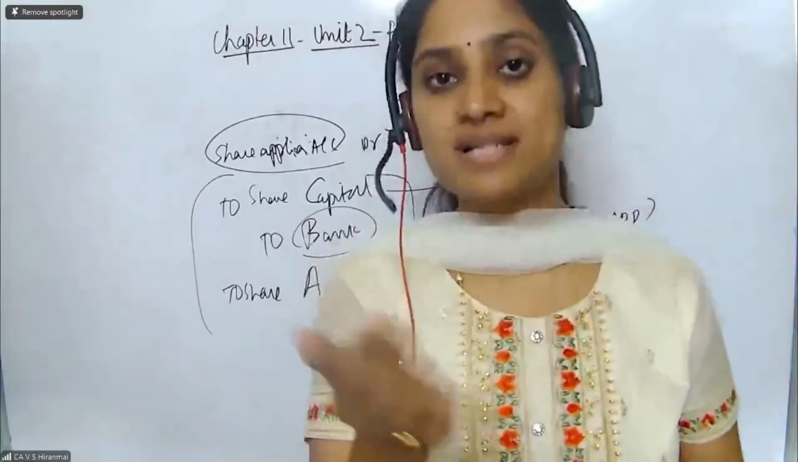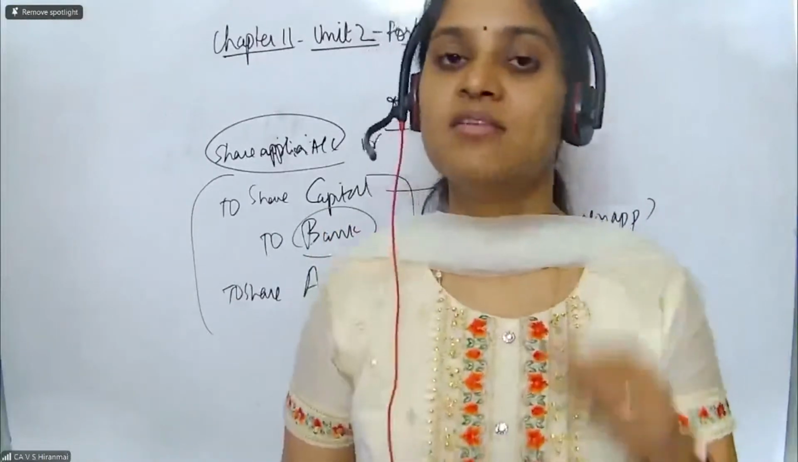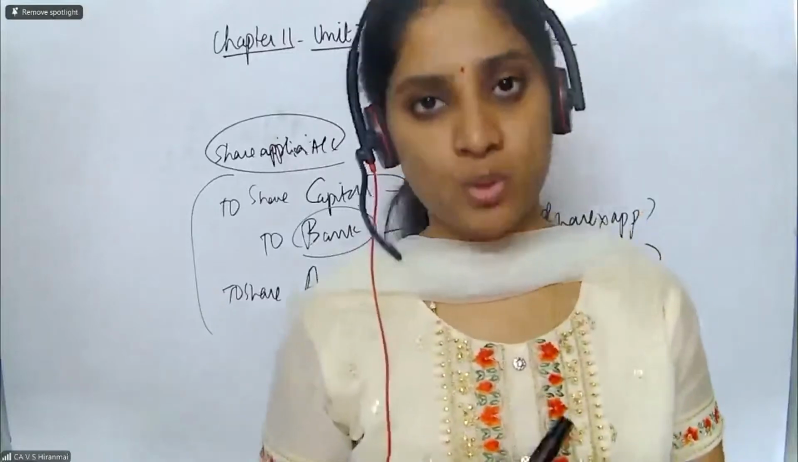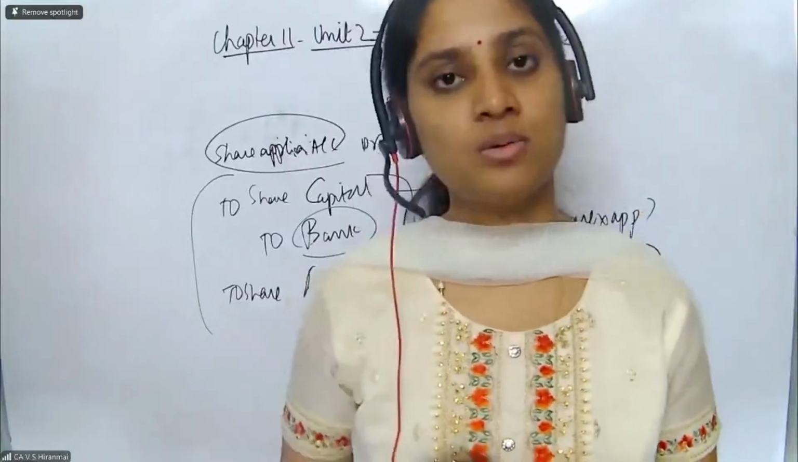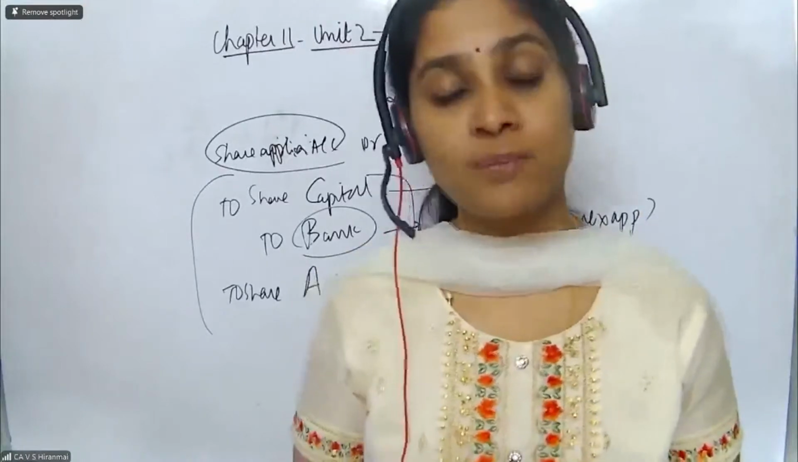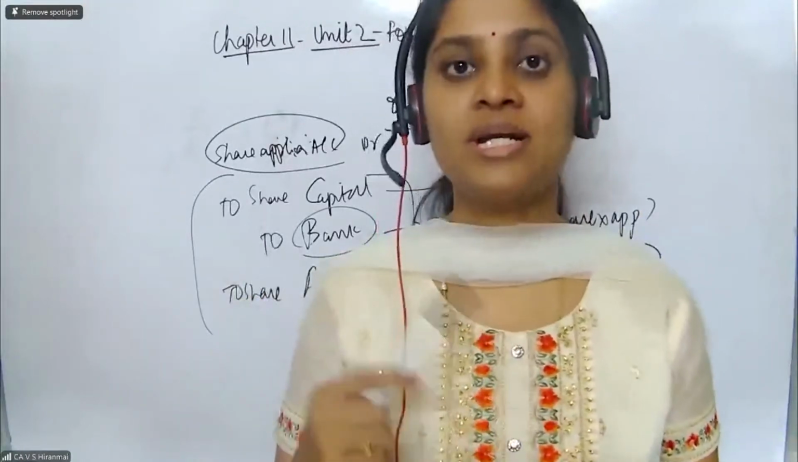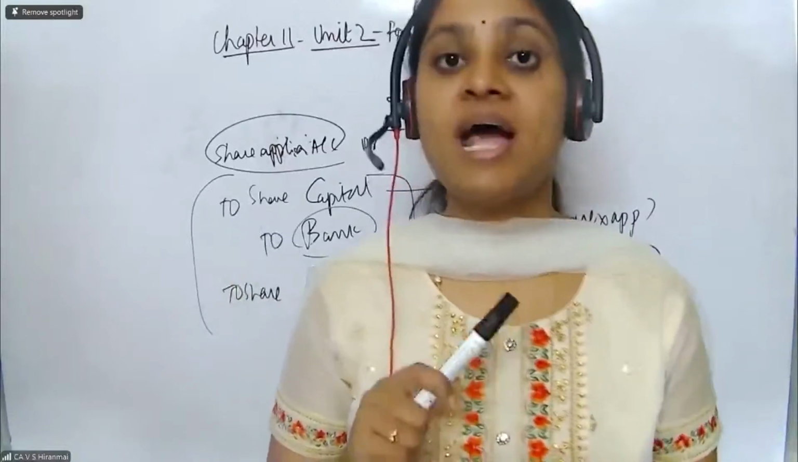The amount that is collected in the securities premium account can be utilized for five purposes. First thing, for issuing fully paid up bonus shares. What are bonus shares? How to account for bonus shares? Everything we will be looking at in the unit number 4. Then I can also use the securities premium amount to write off the preliminary expenses. I can use it